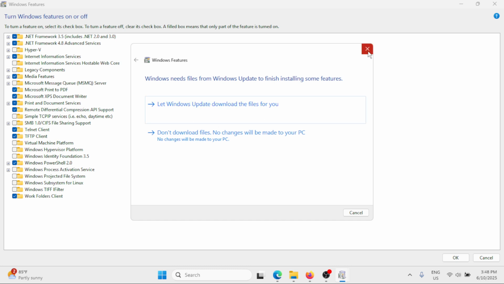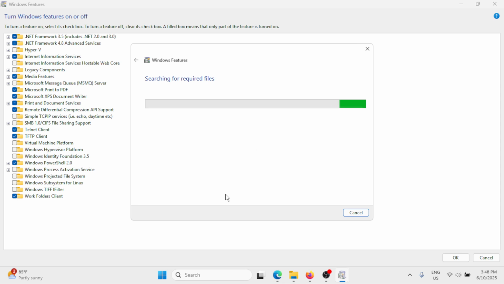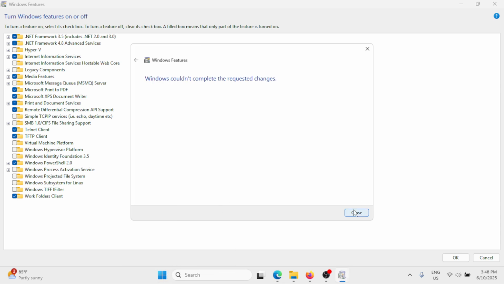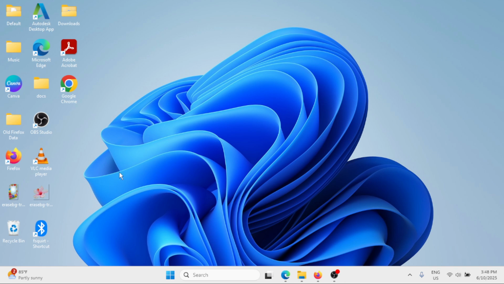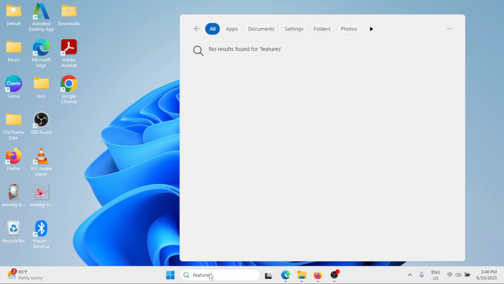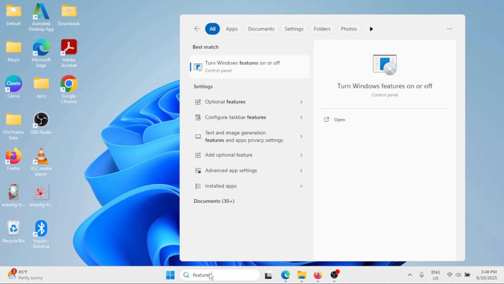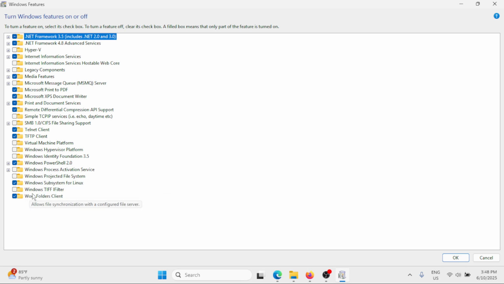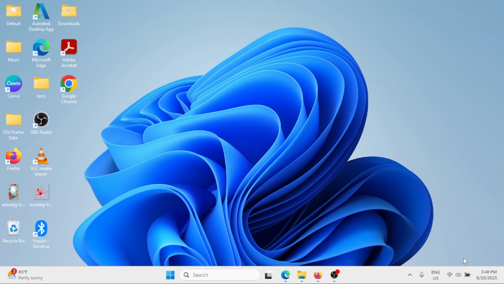After that is done, right click at the start button, shut down or sign out and restart your Windows. Then go again to Windows features after restarting, and enable Windows Subsystem for Linux again. Check it again and then click on OK.